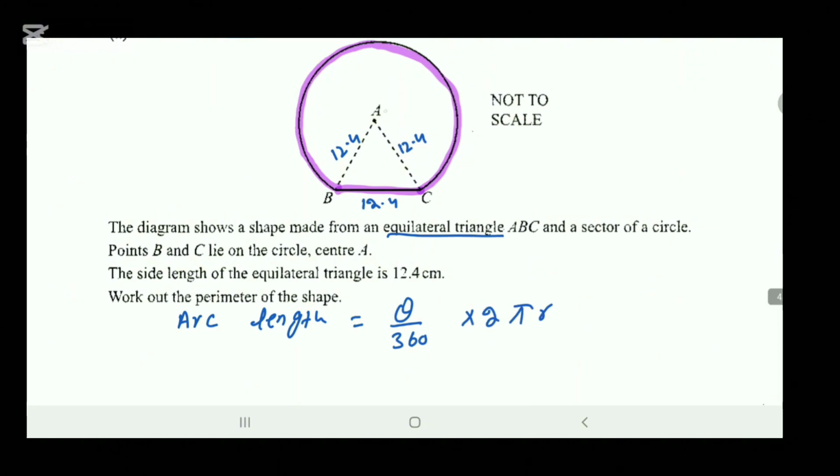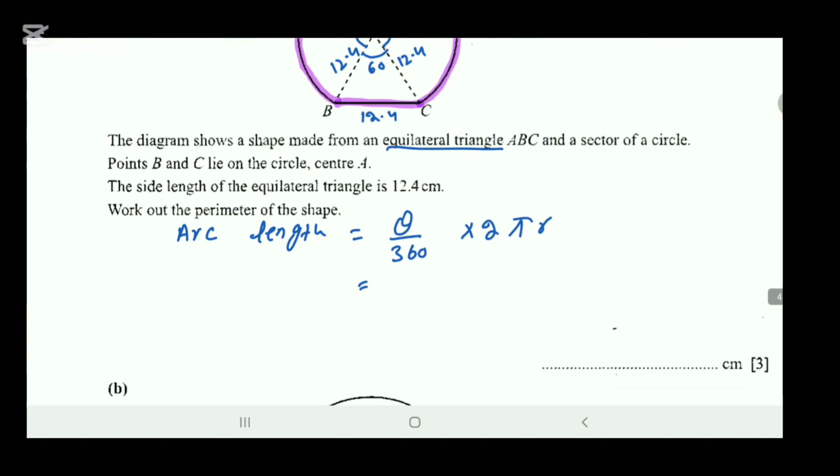So you know that all the angles of an equilateral triangle are 60. So this 60 is the angle of that sector that we are going to find. This is actually the angle of the Pac-Man. So 360 minus 60, this will be 300. 300 will be used for the arc length angle. 300 over 360 into 2 pi